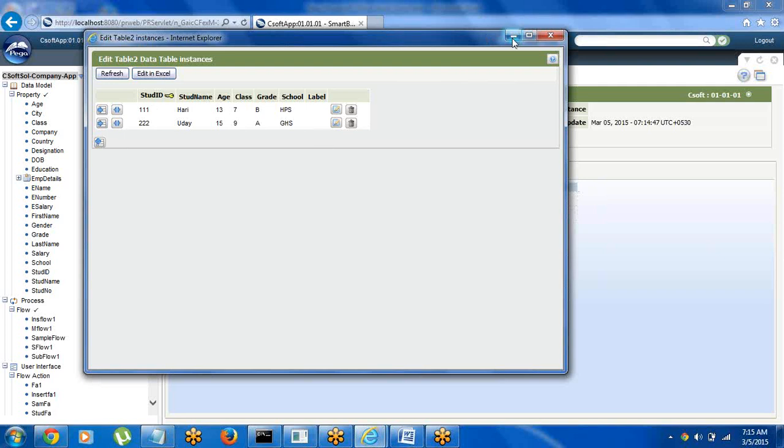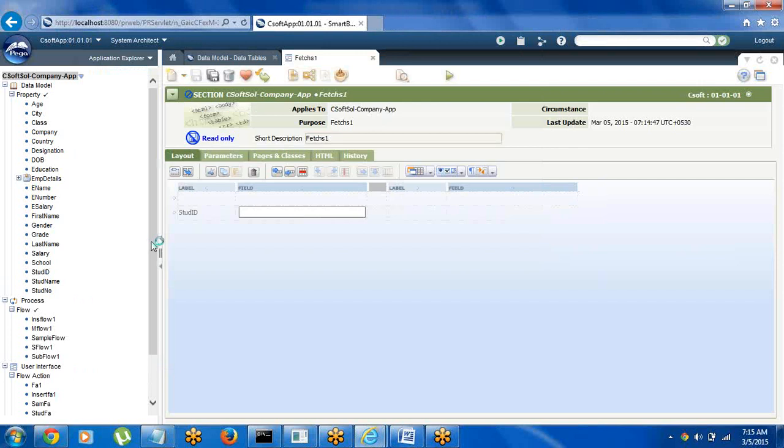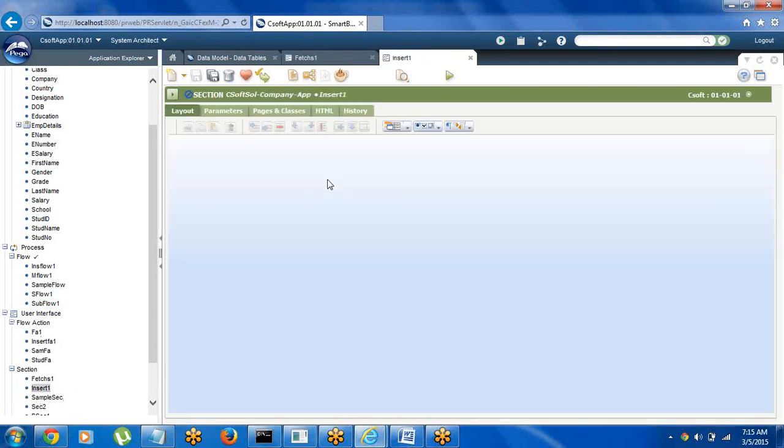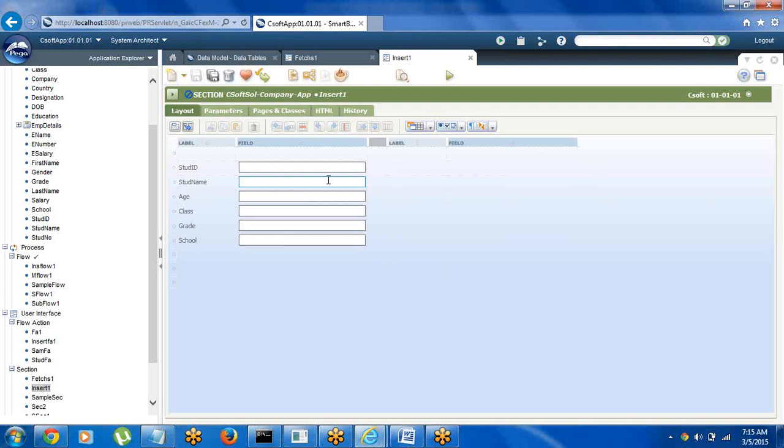So for that, I am already taking the existing user interface, right? Whatever user UI was designed at the time of insert, I am going to use the same one. We can also create a new one, but I already have the existing user interface, so I am going to use that one. So student ID, student name, age, class, grade and school, and for these fields I am setting them as read-only